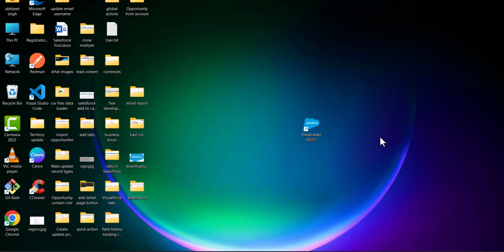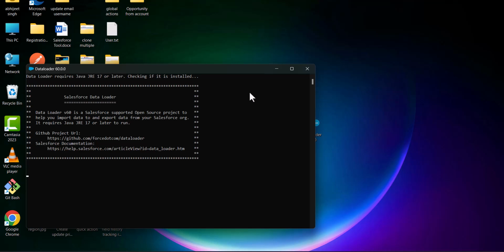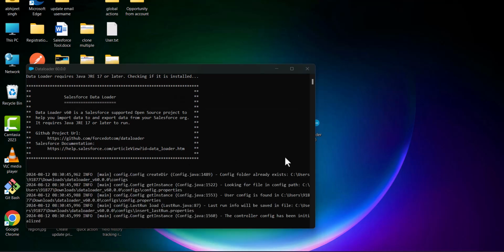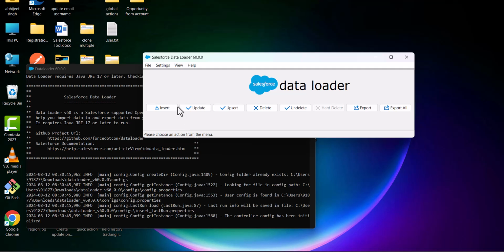So after installing the Data Loader in your system, it will appear outside your Salesforce org. That means you do not need to log in to your Salesforce developer account to access the Data Loader tool. It will be visible in the location where you have deployed it. In my case, I have deployed it on the desktop. So when I click on this Data Loader, it will load in the prompt, and after this it will ask me to log in. So now we have opened the Data Loader tool,